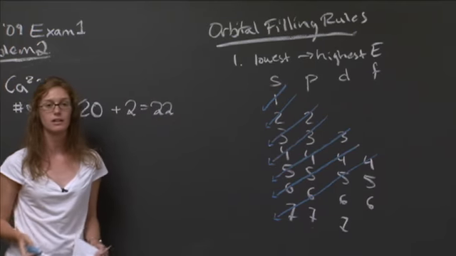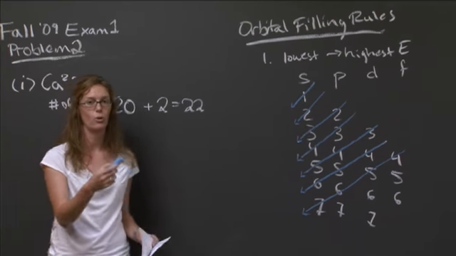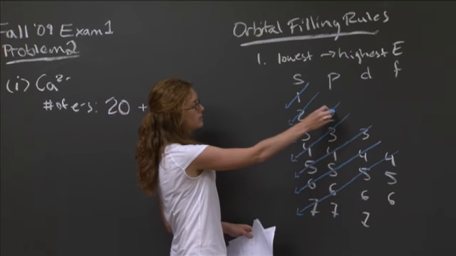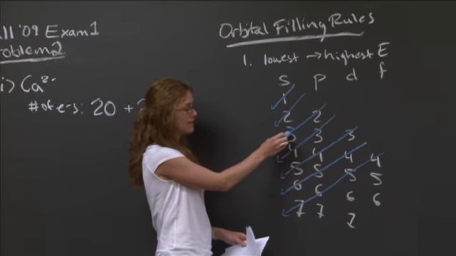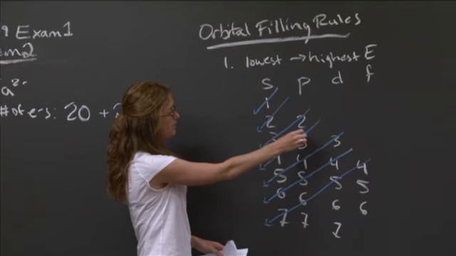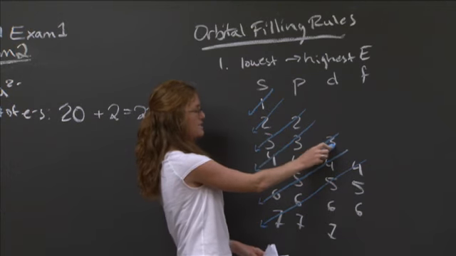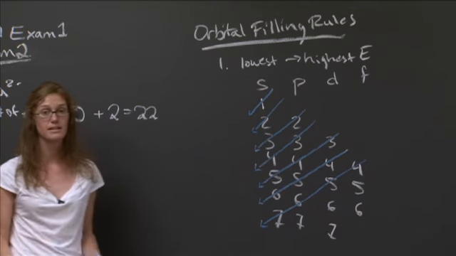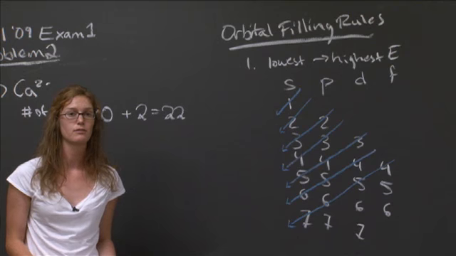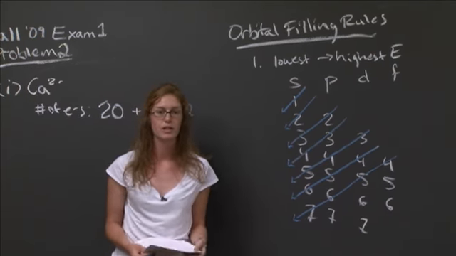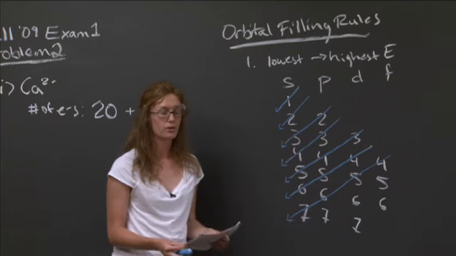And if you follow these arrows, you'll fill up in order of increasing energy. For example, after you fill up the 2p, you're going to fill up the 3s, then the 3p, the 4s, and then you'll go to the 3d. If that doesn't make sense, you might want to go and review a little bit about the orbitals in your textbook or other